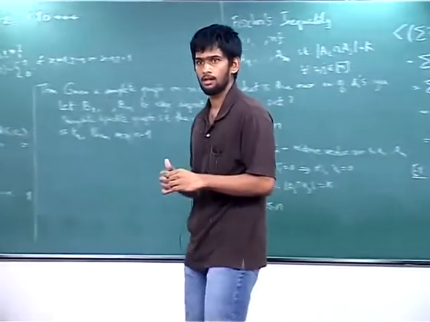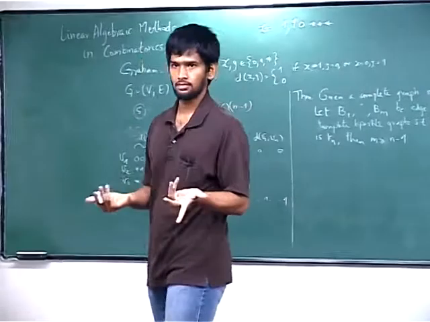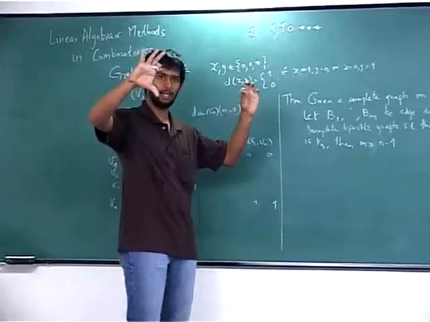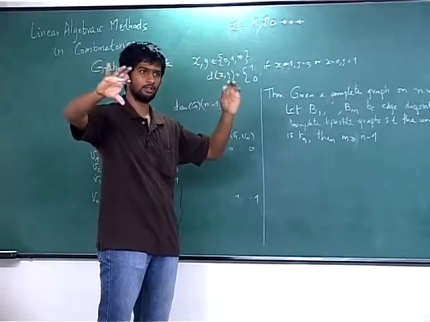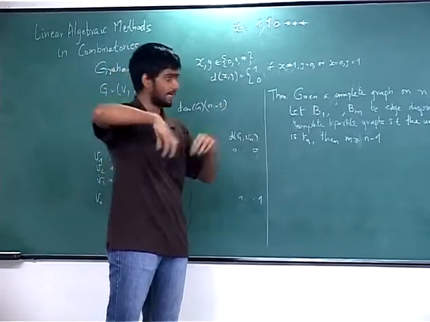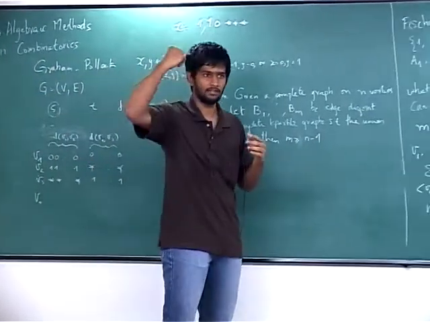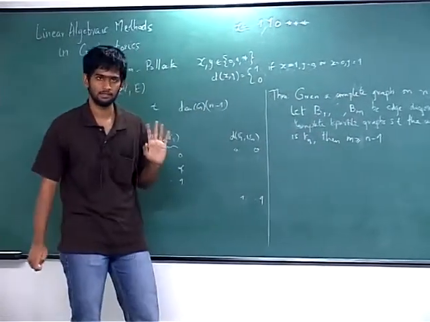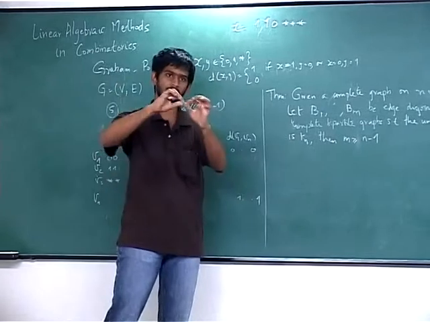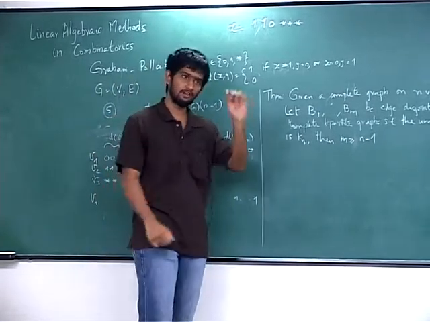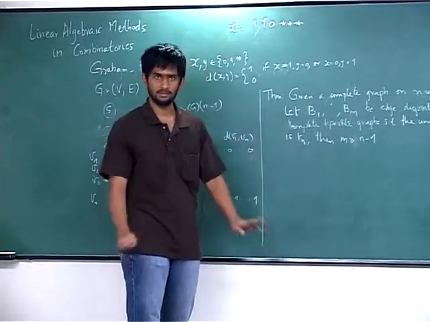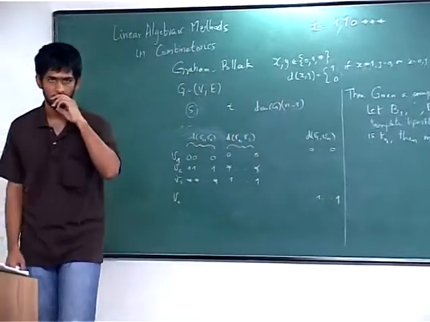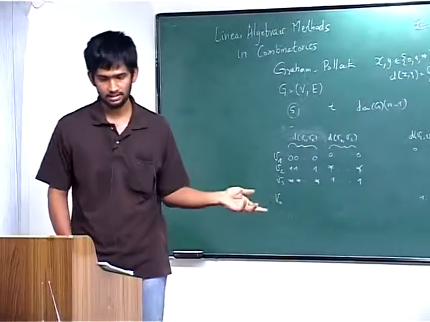Take one vertex here and the remaining n minus 1 here. Look at all the edges going out. Do it for each of these vertices. There are n minus 1 of them because the last vertex would have definitely been covered. So you have covered all the edges with n minus 1 complete bipartite graphs. Each bipartite graph is just a star. There is one vertex on this side and n minus 1 vertices on the other side. So you can do it with n minus 1. So I want to show that you can't do better. This is the best you can do.